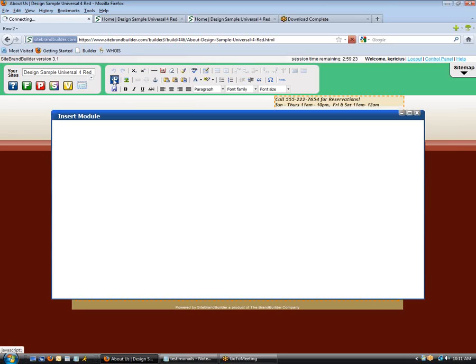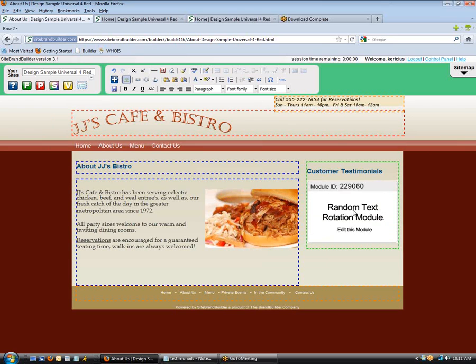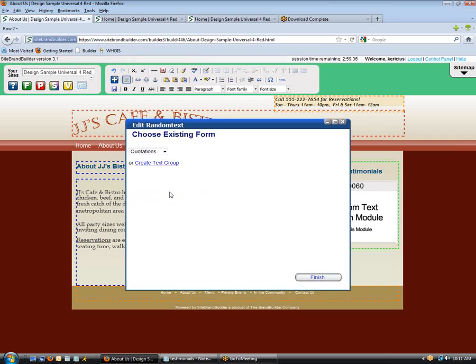So we select an area where we want to drop in the module, go into the modules, and then there's a random text module right here. Double-click on the module, and here you'll see you have the ability to adjust the alignment and the width and the height. It will default at 250 width, but it detects if you're in a smaller area like this column over here, it'll automatically resize for you. So generally you do not need to modify these settings as they'll adjust themselves. So click on More Settings,